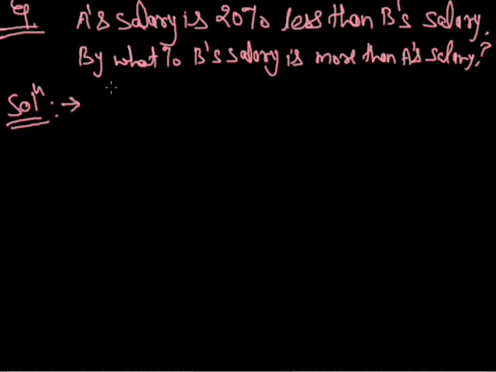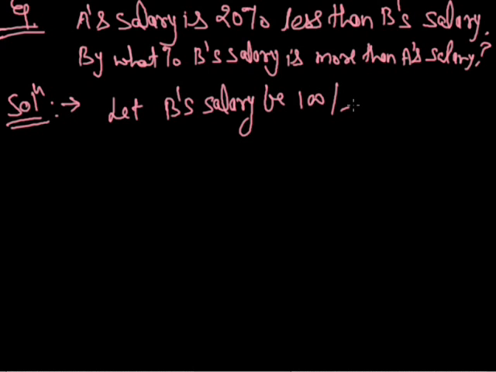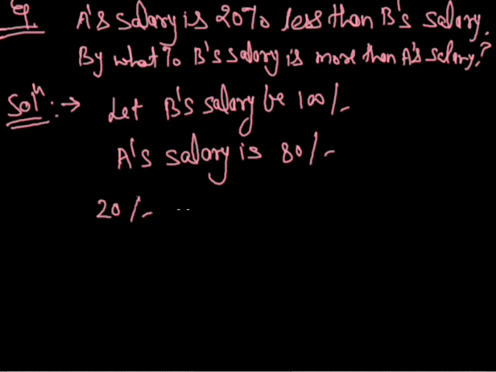So to solve this sum, let us assume that B's salary is 100 rupees. Now if B's salary is 100, then A's salary will be 80 rupees, as A's salary is 20% less than B's salary. Now if A's salary is 80 rupees and B's salary is 100, I can see that B's salary is 20 rupees more than